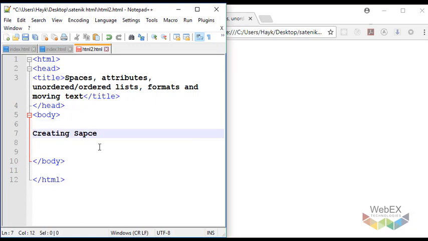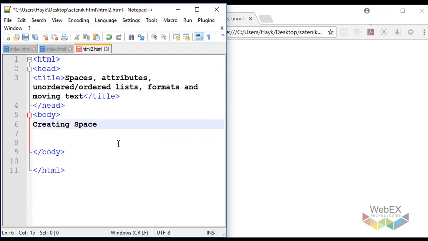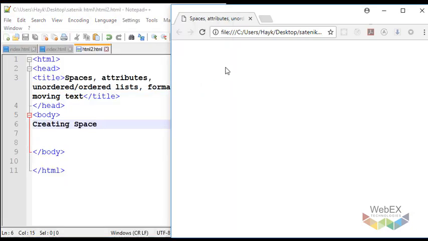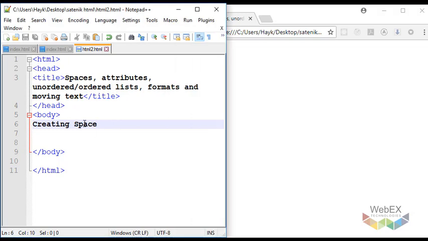The first thing that I'll do is type in some random text. You can write whatever you want. So mine is "creating space," and I'll quickly show you this on my webpage. I'll refresh the webpage, and as you can see, it just simply says "creating space" with one space, like normal text. However, if you want some more space in between these two words, what you need to do is use the special symbol used in HTML, which is &nbsp;,